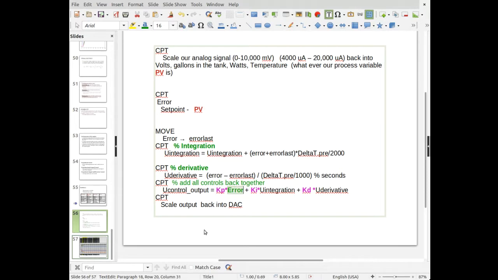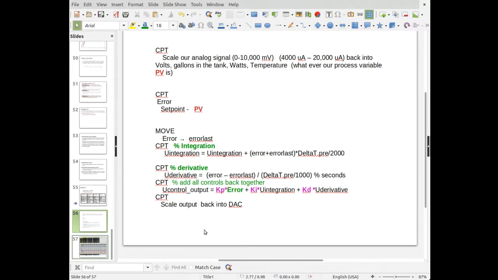Okay, pretty simple to do, but like I say, they do have blocks where you can just drop the block and bring it down. But inside of that block, you're going to have to define KP, KI, KD, and the delta T, the time, and there are probably some other settings in there that you can set also. All right, but that's pretty much it for PID. I will be putting a homework out there for you to work on, asking you different questions about it and things like that. So do you guys have any questions